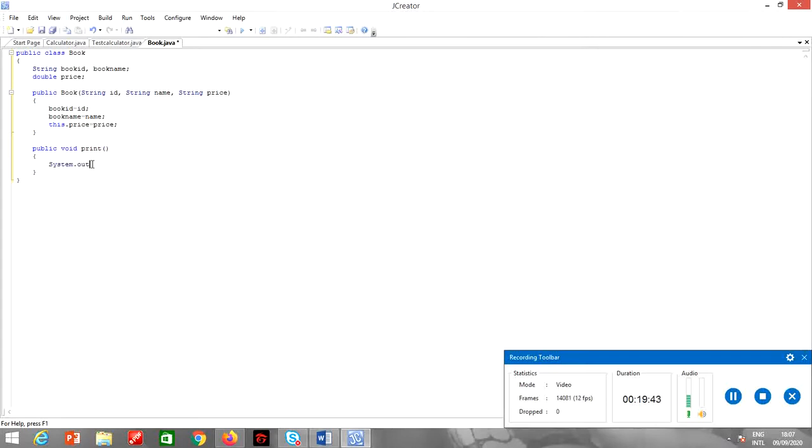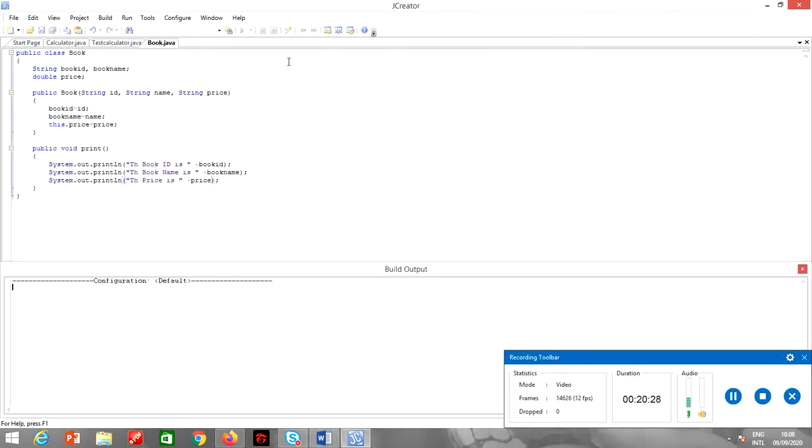System dot out dot println, the book ID is plus book ID, book name is plus book name, price is plus price. So the book class is done.